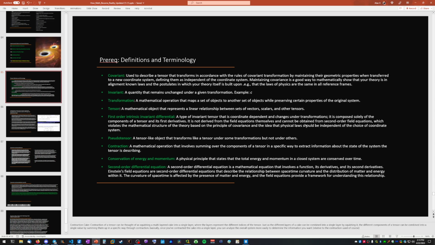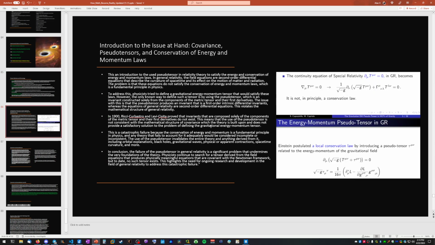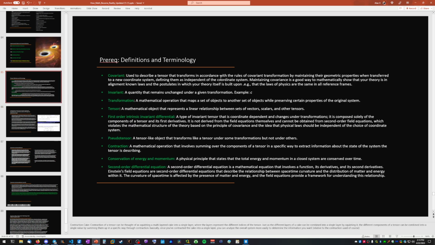So this is a huge deal for them to satisfy this law and have everything maintaining covariance, because maintaining covariance is how they bring physicality to what they're trying to attribute to nature, right? Without the covariance, the space-time metric system is just a bunch of jibber jabber, right? It doesn't have any physicality to it at all because it doesn't translate